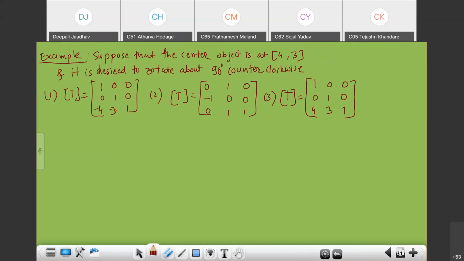Now apply all these steps. There are two ways. You can apply all these steps one by one. First, perform the first transformation, translation with the first transformation matrix. Then the result multiply with this one. Then that result multiply with this one. That is one way. Another way is that you can perform all these multiplications together. So the entire operation is